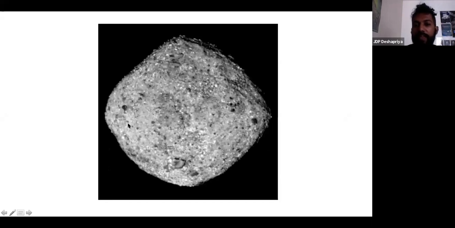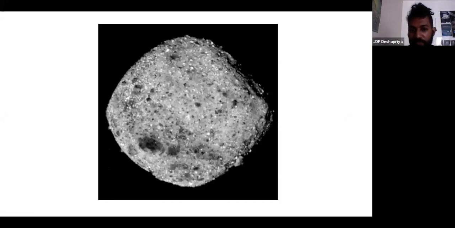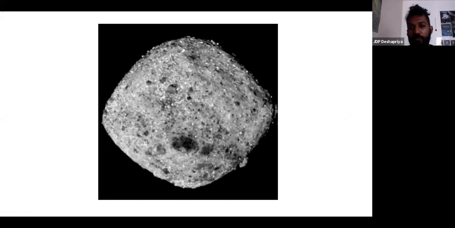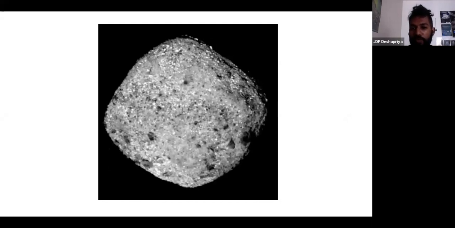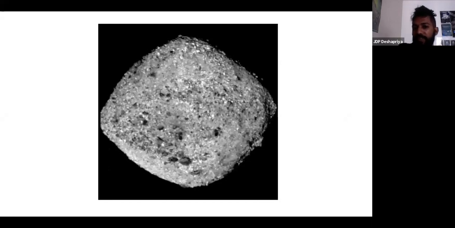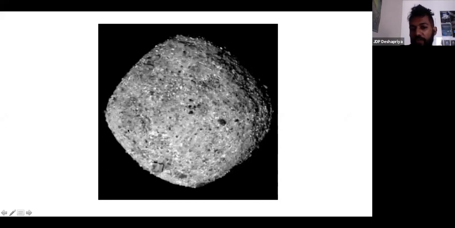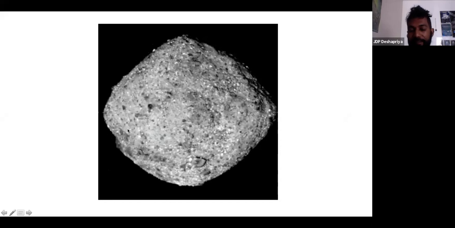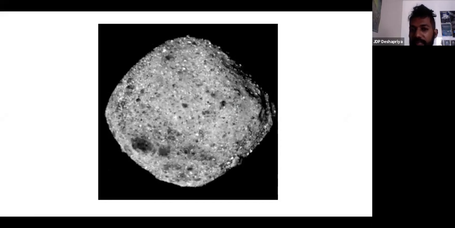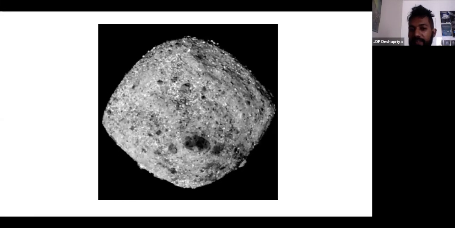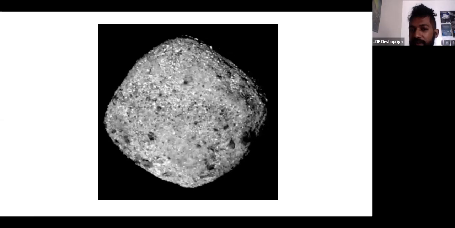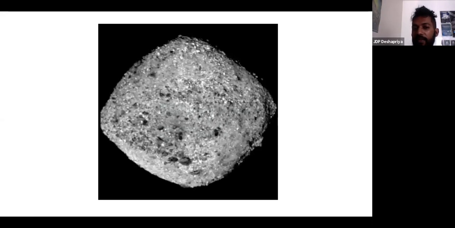And here is a more detailed resolved image showing full rotation of Bennu. As you can see here, I remind you its diameter is about 500 meters. And you are seeing a lot of structures with a lot of different albedos, so different reflectivity, let's say. Some dark areas, some rocks, and